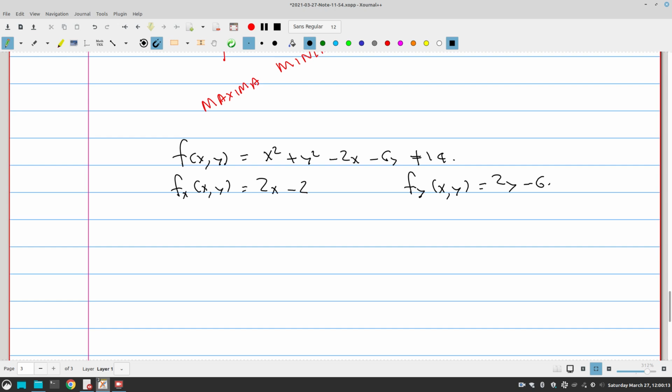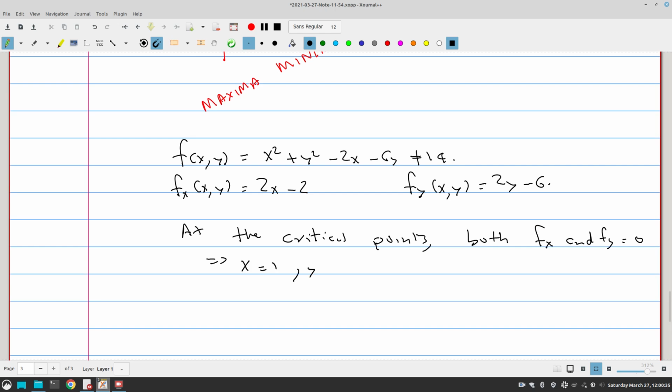Now at the critical point, both fx and fy are equal to 0. So it tells me that at the critical point x equals 1 and y equals 3. So 1, 3